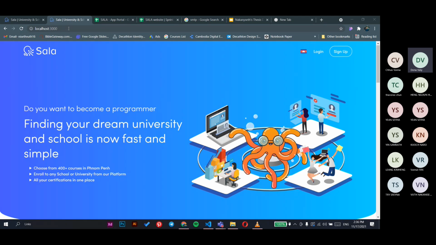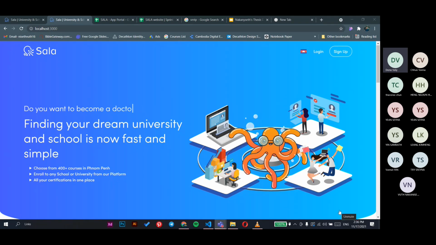For example, if the user searches for something related to AI, maybe you have to return the result for machine learning, for deep learning, for robotics. So yes, we have to take into account the context as well. Maybe you can look more into something related to natural language processing. This is just my comment.